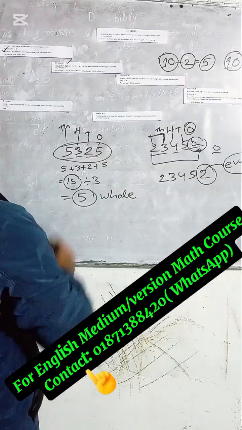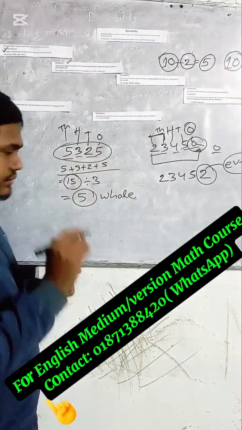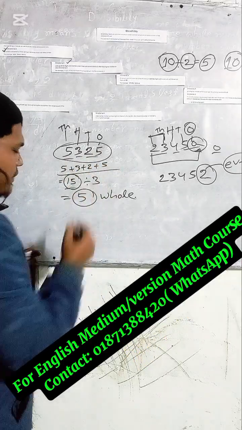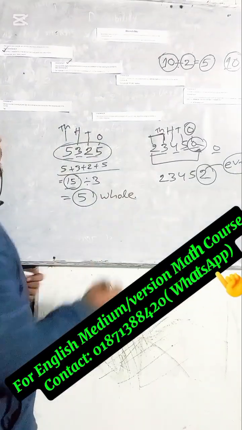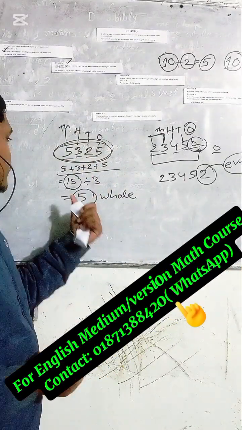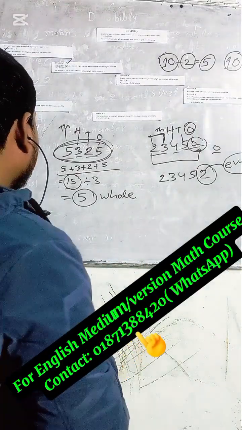I repeat. First of all, we have to add them all together. 5 plus 3 plus 2 plus 5, we get 15. And if this 15 is divisible by 3, the original number is also divisible by 3. I think you get it. The next one,